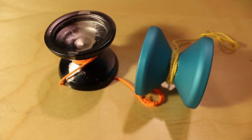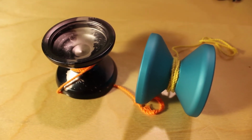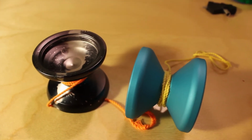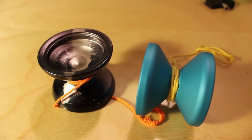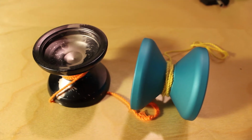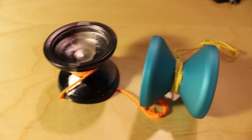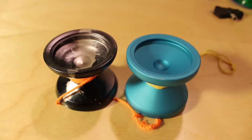But honestly, it's kind of hard to choose which is the better yo-yo in this scenario, just due to the fact that if we're looking purely at how good it spins on your finger, the Pivot wins. But as far as being a well-rounded yo-yo and also having better horizontal binds, I'd have to say the Yacare. So it's a bit of a toss-up as far as which yo-yo is better. But as far as just sheer finger spins, looking at that alone, I would say the Pivot is a better yo-yo for it,